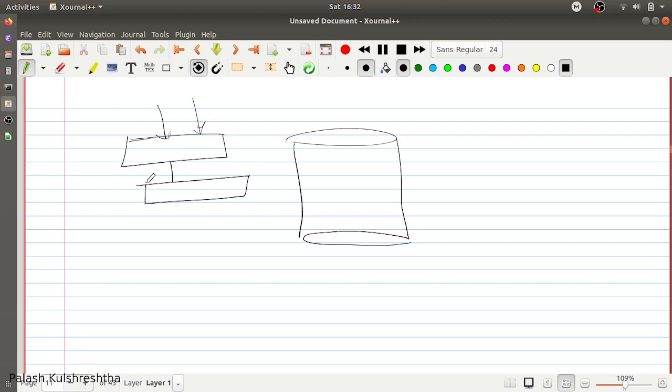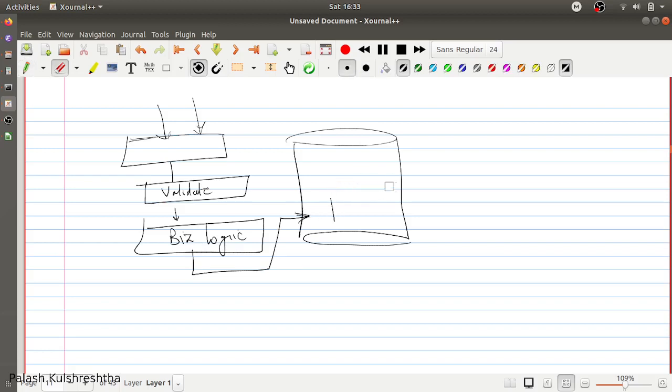It goes through multiple stages: you validate the data, apply some business logic, and then send the commands, or basically inserts and updates, to your database. So we can create a write model, which handles insertions of the data, and we can create a read model, which will be used to query the data.